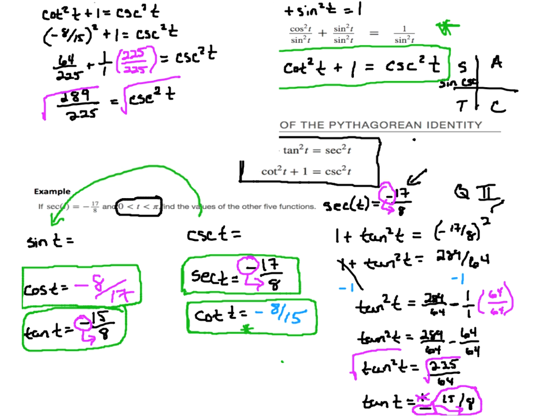Yes, the square root of 289 is either positive or negative 17, and the square root of 225 is 15, and that equals our cosecant of t. We're dealing in quadrant 2, so sine and cosecant are both positive. So we don't need to consider the negative. So here we have the cosecant of t being 17/15, which means the sine of t is the reciprocal,